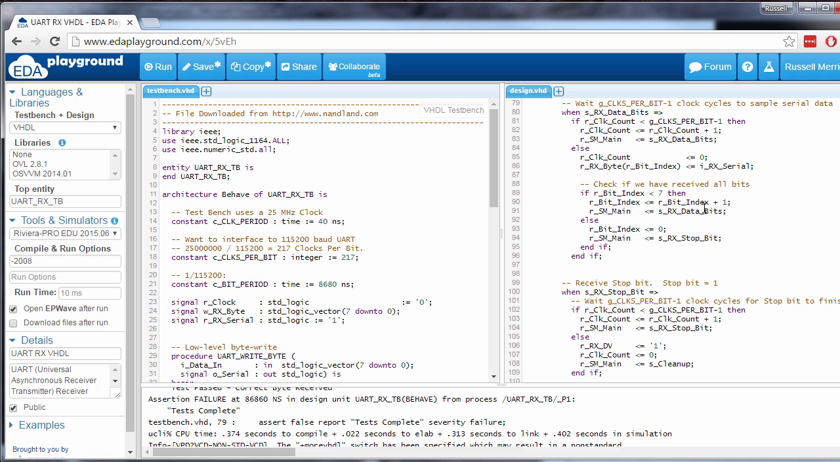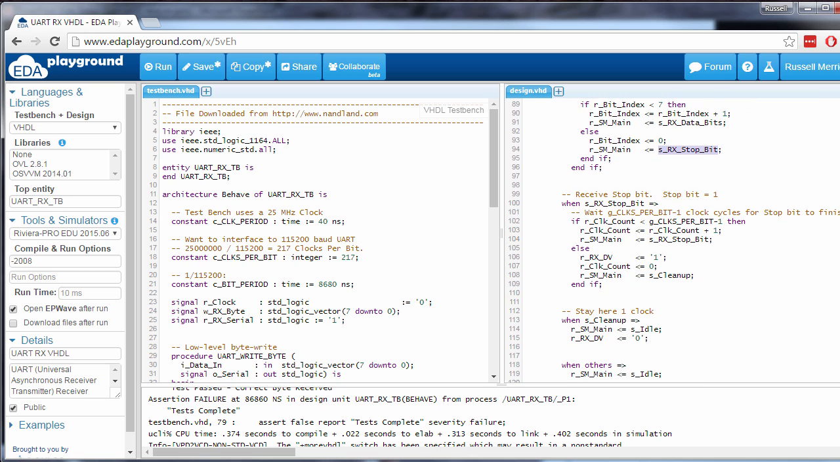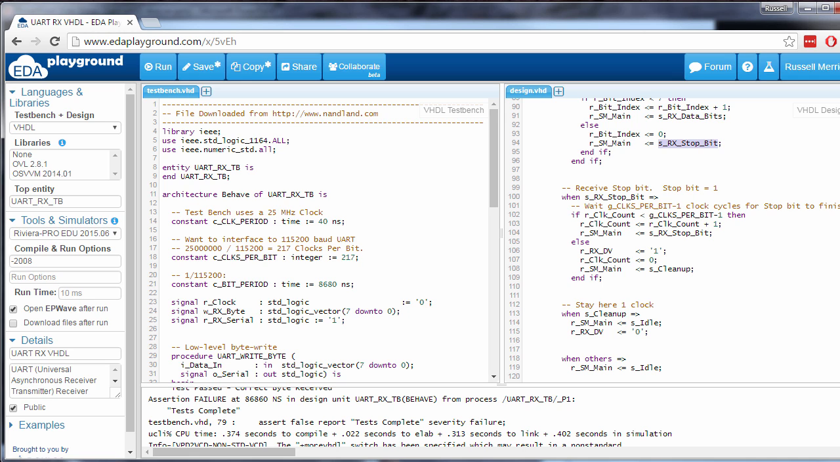Check if we have received all bits. That's what we're looking for. And once we've received all the bits, then we are going into the stop bit state. And we're just going to receive a stop bit. We're not going to do anything with the stop bit,